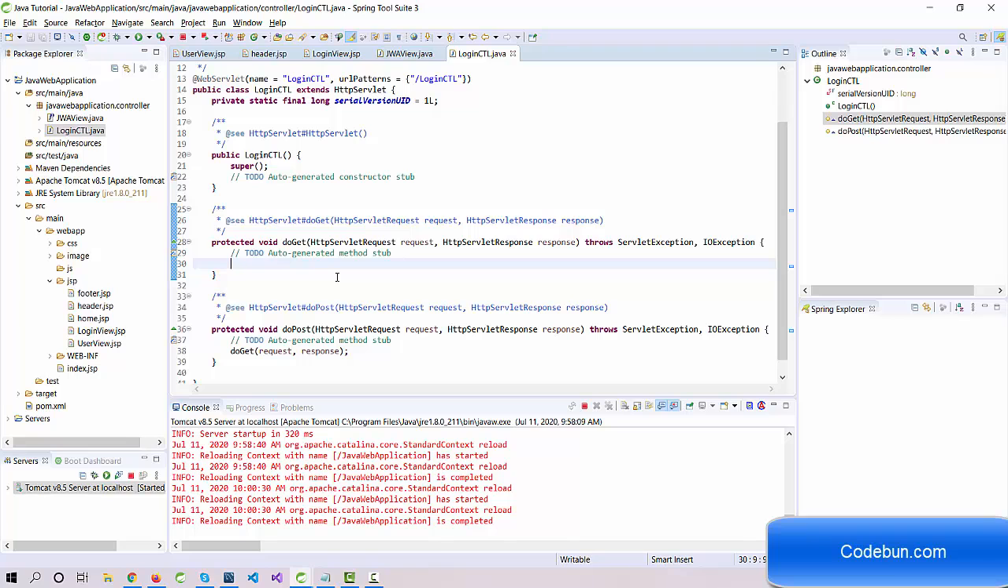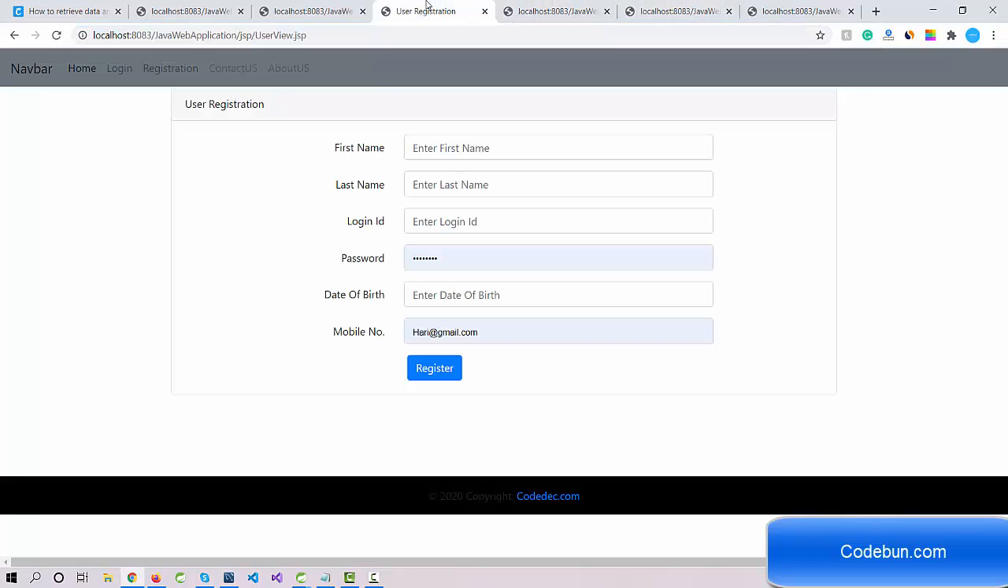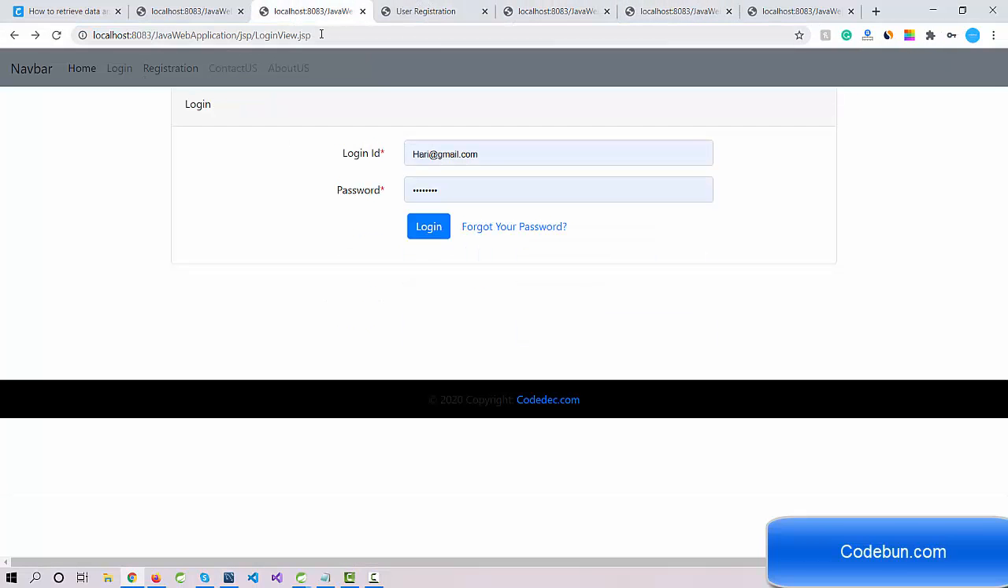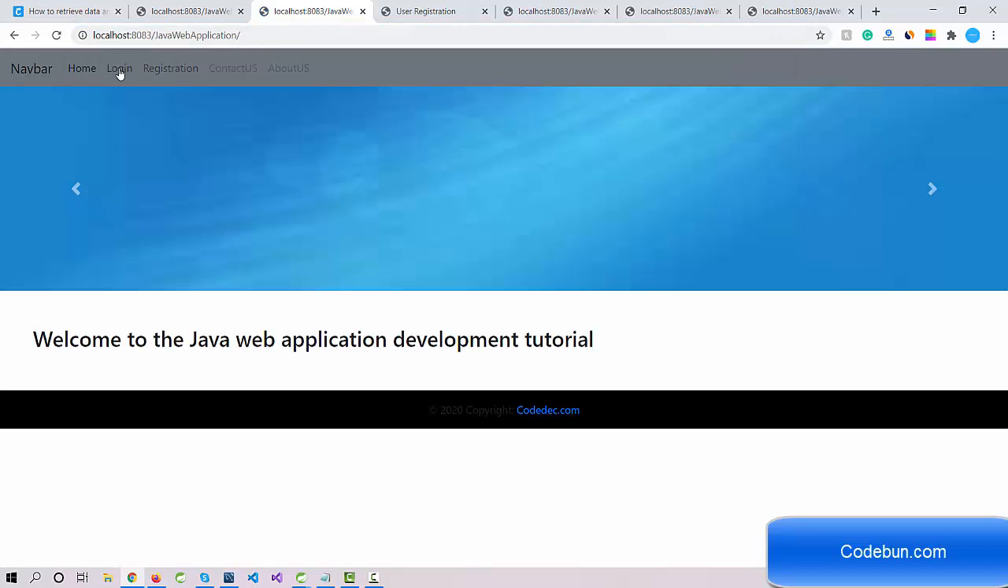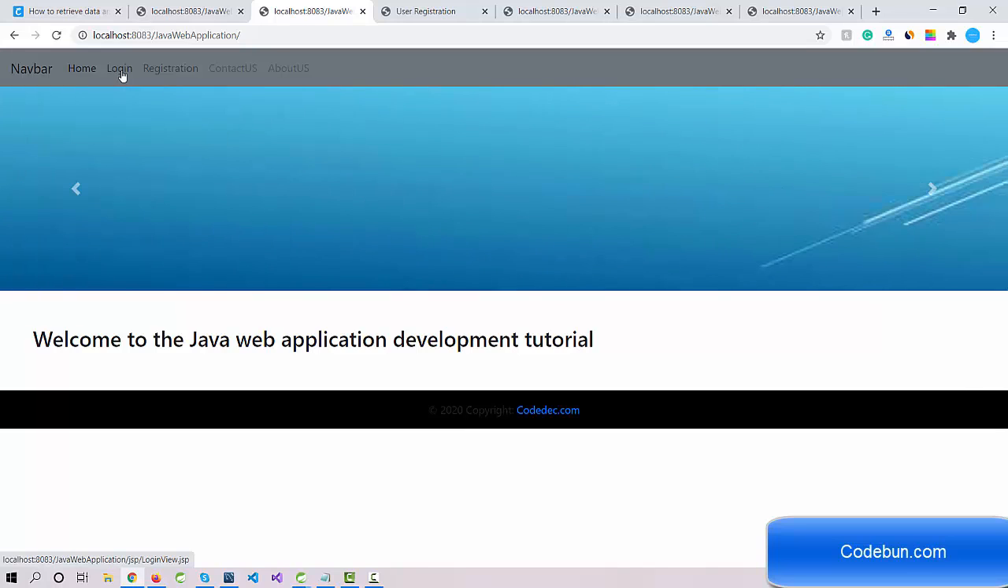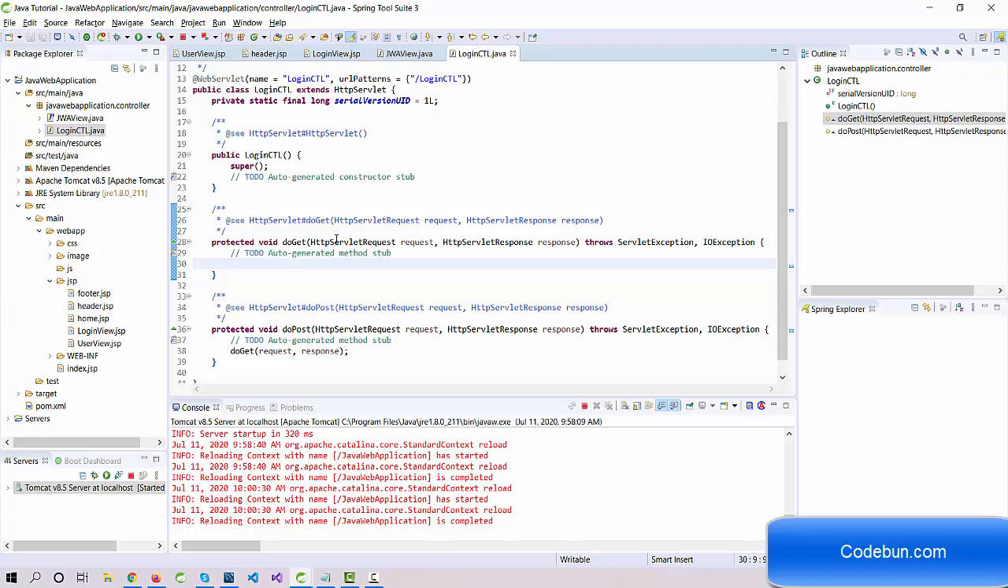So now, when the user is going to click on this login button, login link, it will call directly the login controller servlet. So this time we will call the servlet. When we call this servlet, it will call the doGet method. Now we do not have any design in the servlet, so we have to forward the request to the login